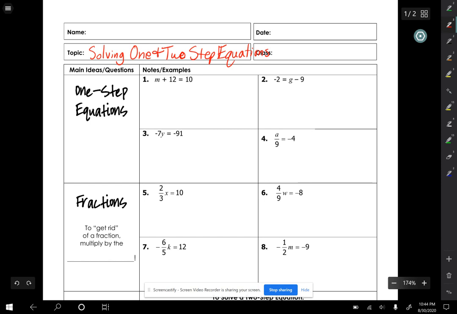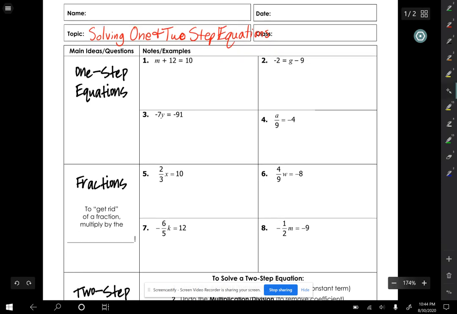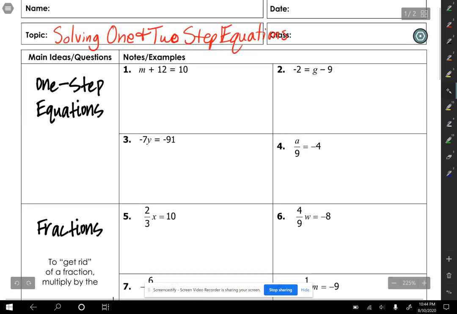Okay. All right, so 1-step equations, remember that we're solving for the variable. So that means I want the variable to be by itself. So to keep ourselves organized, I like for you to draw a line straight down the middle of the equal sign. And so then if I want my variable m is what I want to solve for, and it says m plus 12 equals 10. And I want m to be by itself,